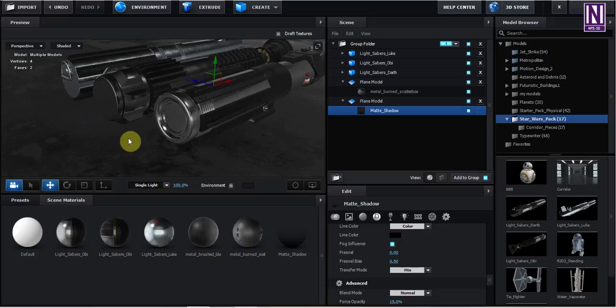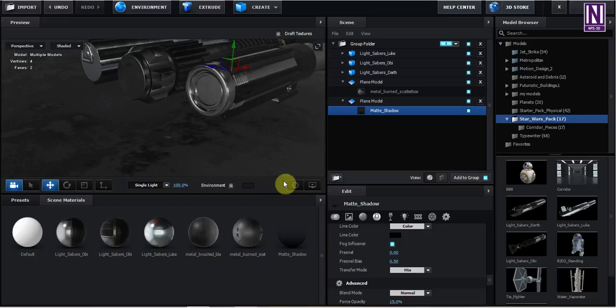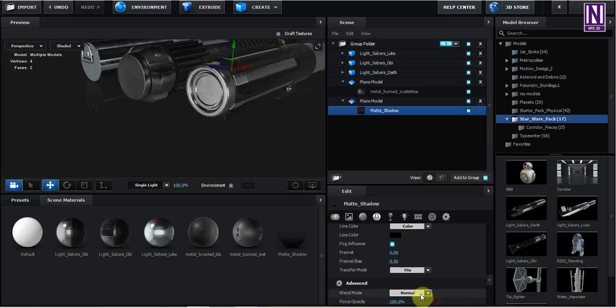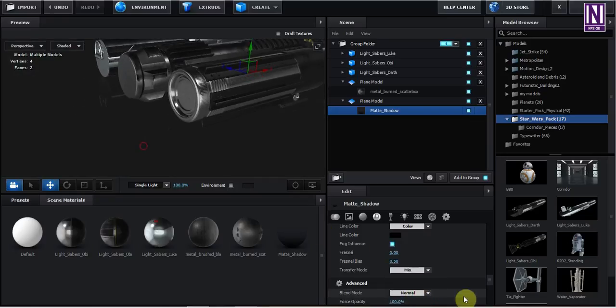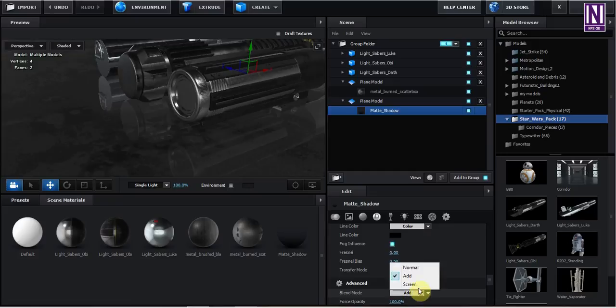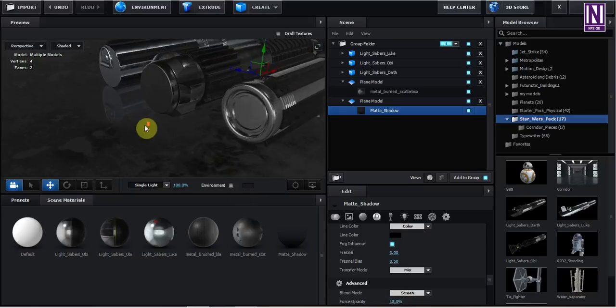If I hit normal, it will no longer be reflecting, but 100%, and it looks like it. After that, add or screen, both are the same, but I use screen and lower the opacity maybe 50%, and it will be good.